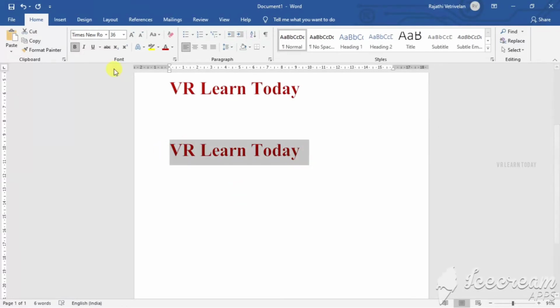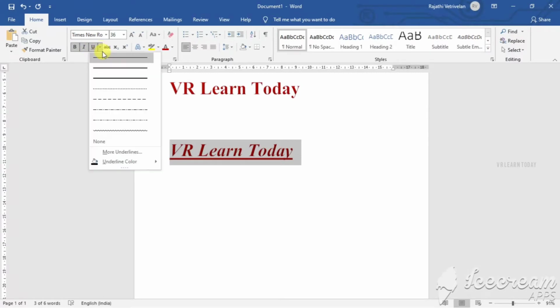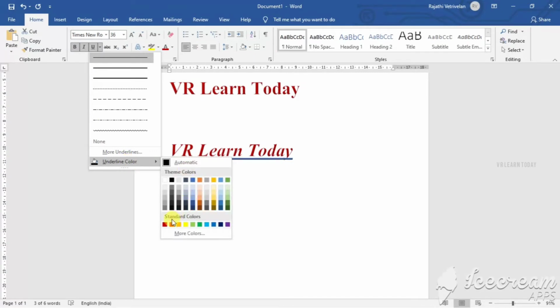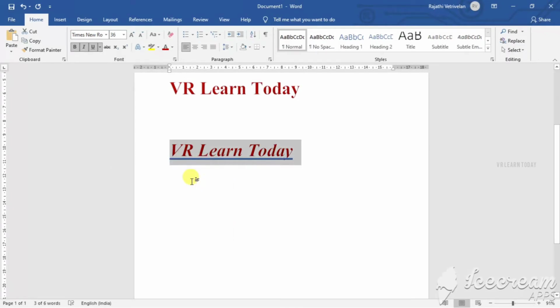And then text formatting, it's nothing but bold, italic and underline. So just select, already it's in the bold format, so now I'm going to bold and then italic and then underline. In the underline we have additional options like double line, thick line, dotted line, dashed line, and then we can change the underline color also. And this one is strikeout.